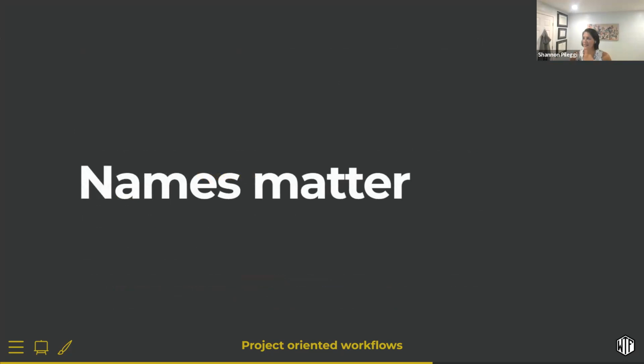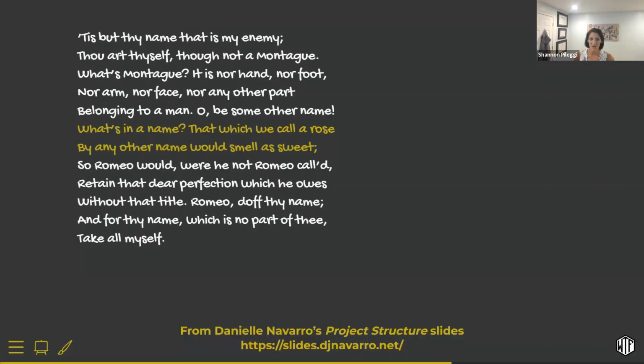All right. So we've talked about using RStudio projects and creating safe paths with stable bases. But another aspect of project-oriented workflows is what you name your files, and names do matter. So here we go with some deep thoughts. Here is a quote from Romeo and Juliet, and this is not my own thought. This comes from Danielle Navarro's project structure slides. And here's the famous quote